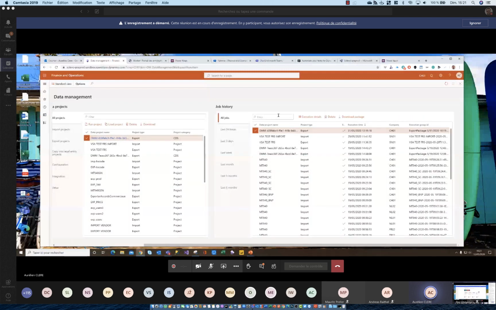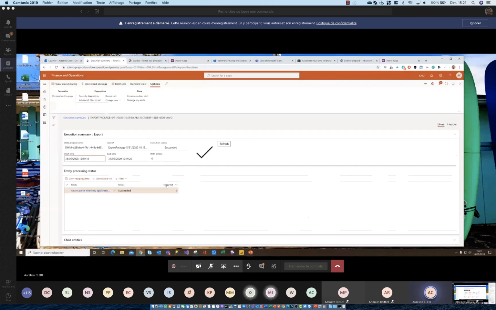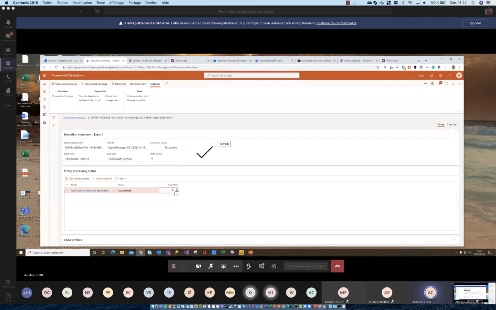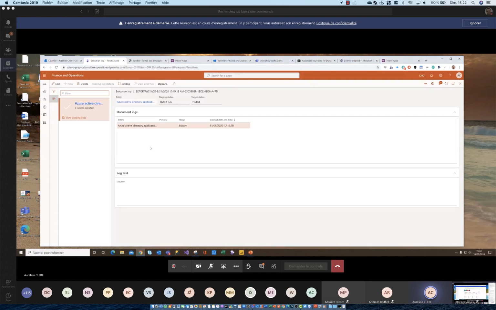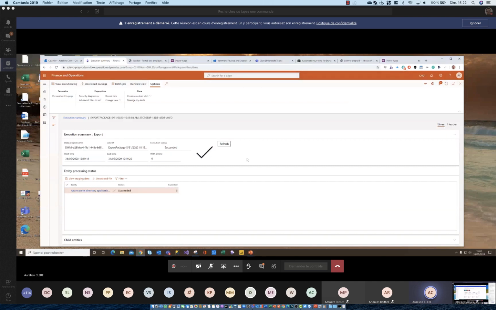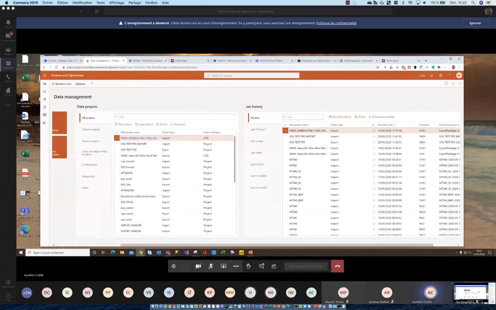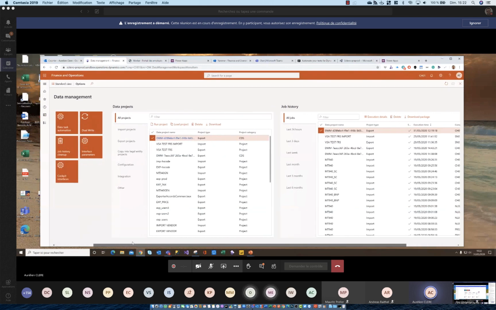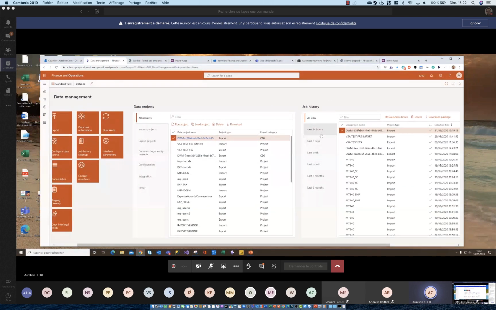So you can really know, as with this one, it was a sync between my Finance and Operations and a CDS. You can see we have already exported three rows. We don't have any errors, but as you maybe know, in the data management framework of Finance and Operations, you have all the execution logs, etc., with the log text. So if you have some errors with the CDS dual write sync, I really suggest going, like we did before, directly to the job history of the data management framework.